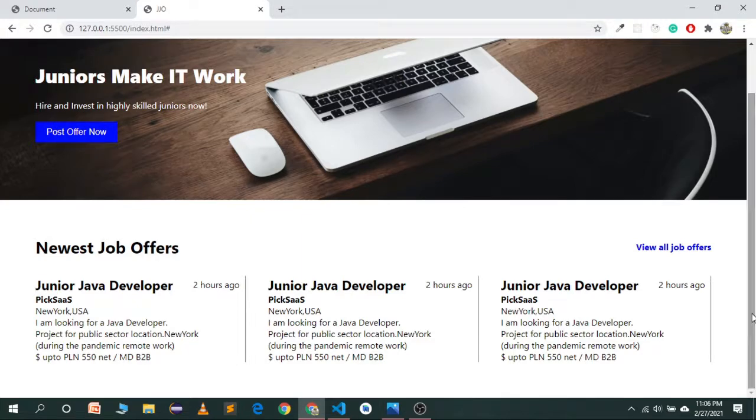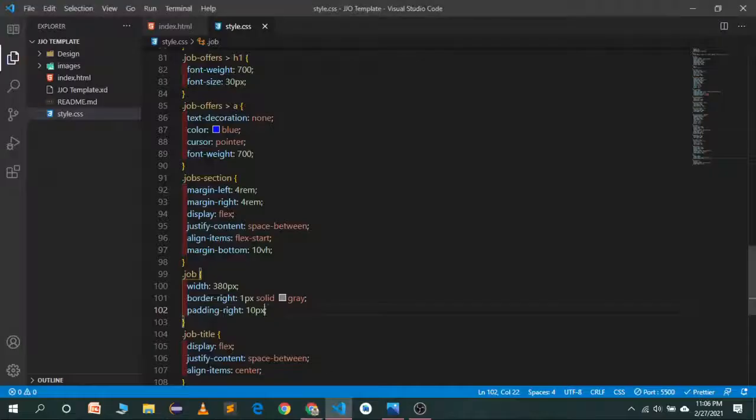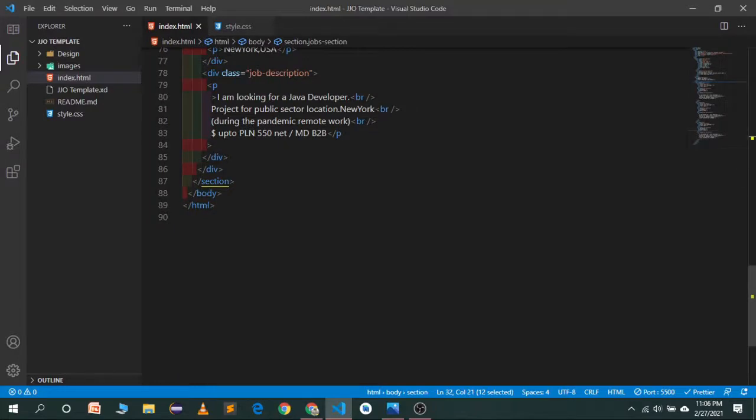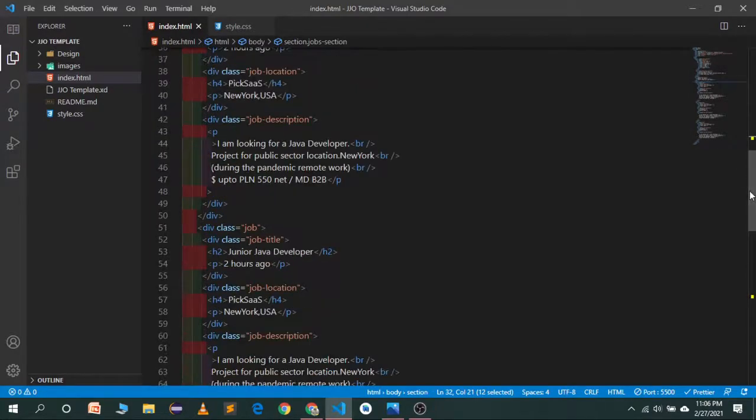We have a border right, and now what we want to do is to target the location sector or the location container and set it to display flex. So go to our code editor, and here we have the job location.